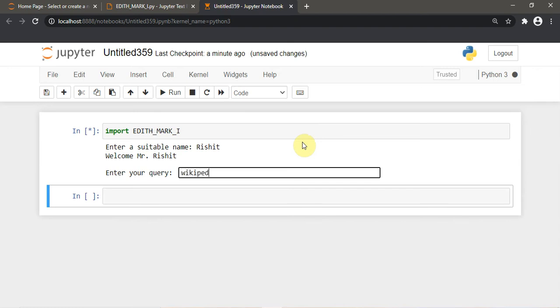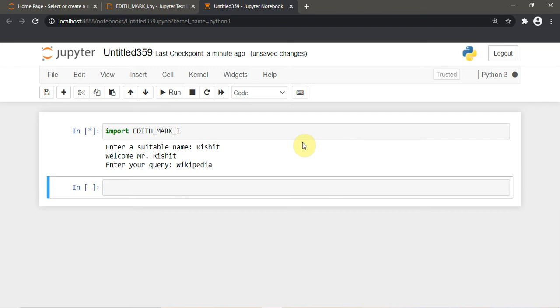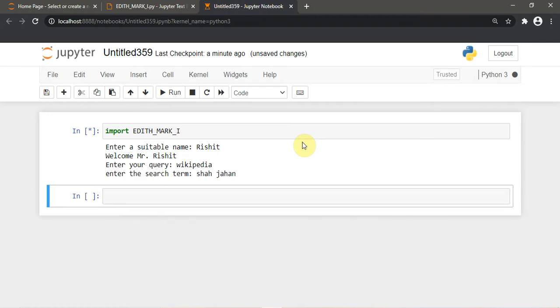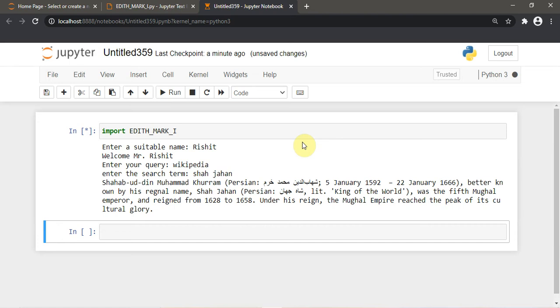For example, I want to search Wikipedia. Searching Wikipedia. Then you have to enter the search term. According to Wikipedia, Shahabuddin Muhammad Khurram, Persian, January 5th, 1592 to January 22nd, 1666, better known by his regnal name, Shah Jahan, Persian, lit.